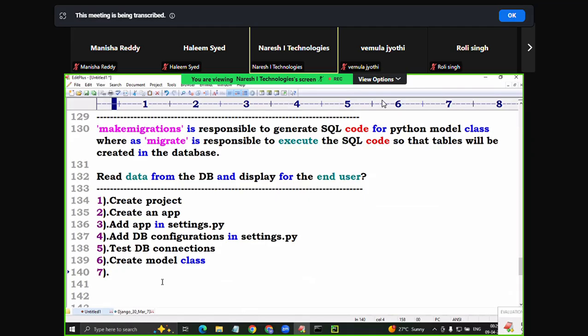Once the model class is ready, then what to do? Make migrations and migrate. After that,